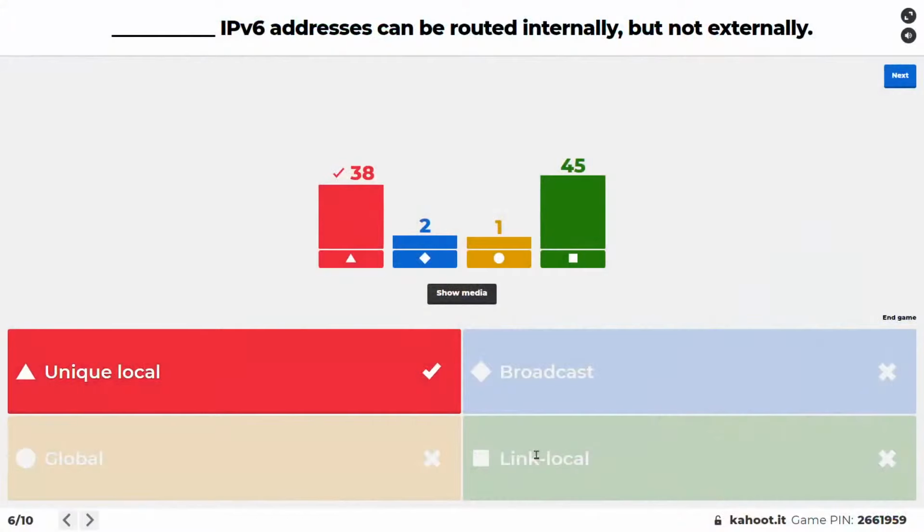Link local is fantastic. Let's say you and I wanted to communicate with each other in the same VLAN, and I wanted to send you a frame, or you wanted to send me a frame. Well, that's layer 2, but if we wanted to communicate with each other, we could use link local addresses for that link that is in common to us. But somebody on a different VLAN has no idea what our link local address is, nor will they ever, because link local addresses are only good for that single link, that single VLAN that you and I are connected on. So unique local is the correct answer here.